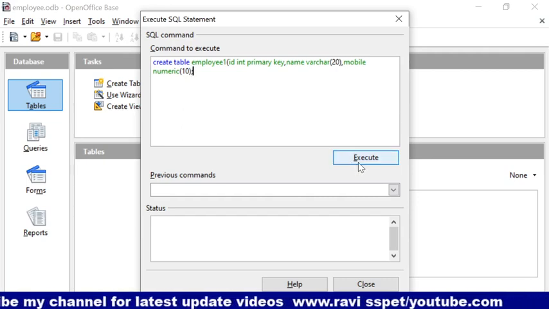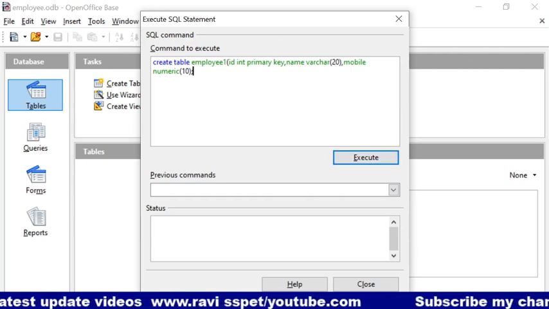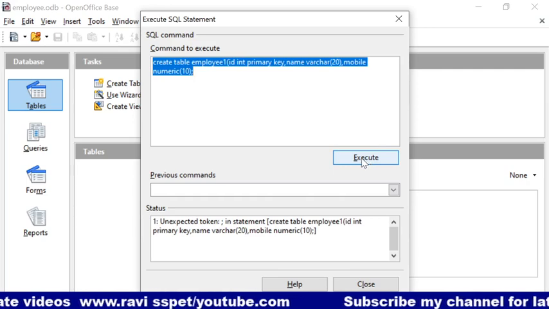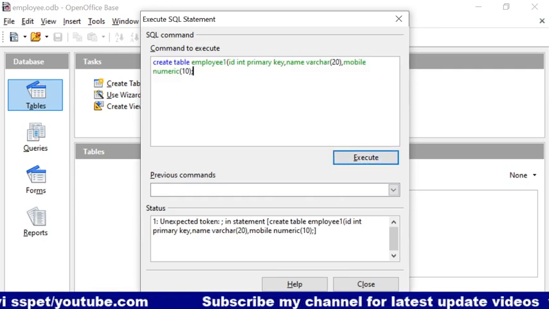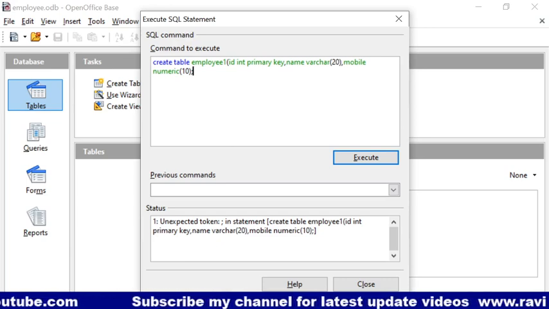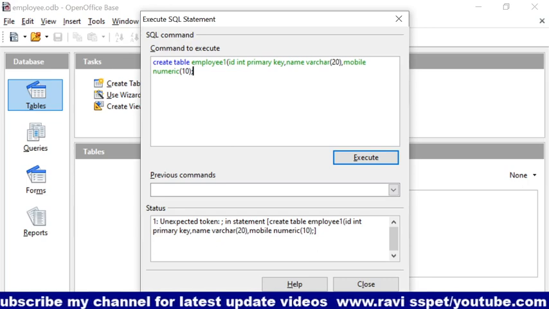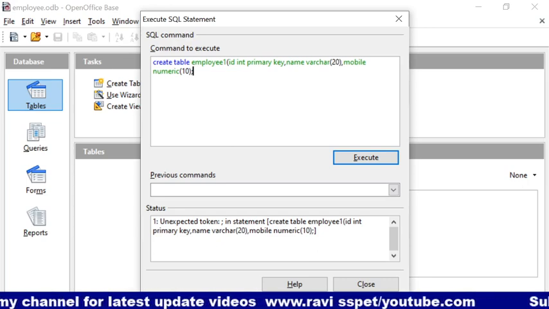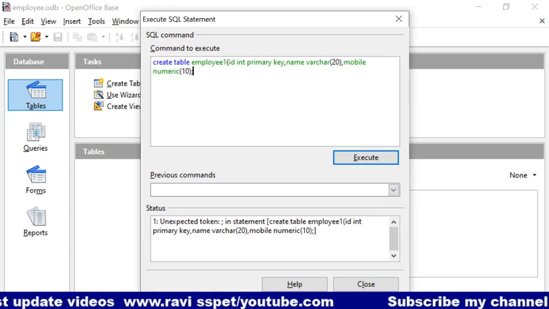Okay, click on execute. After giving this command for creation of table, click on execute. See, some unexpected token. So that means id int primary key comma name varchar.